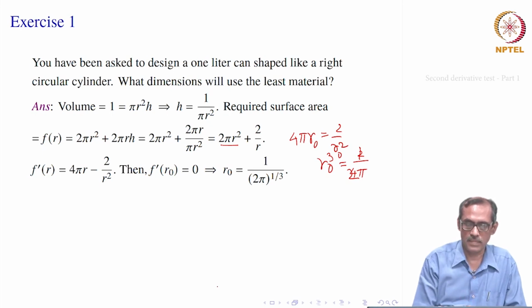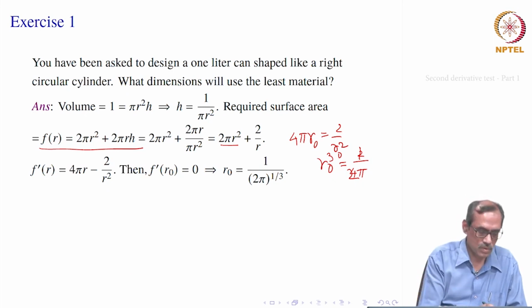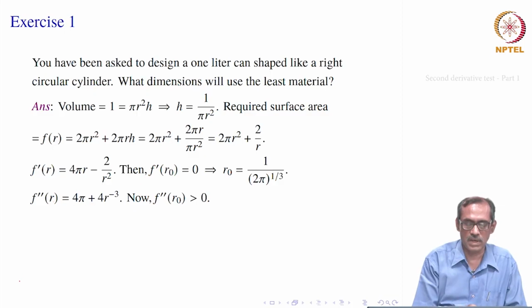Is that right? So, at this critical point we must check that, of course, geometrically nothing else would be happening, that should give the minimum, that is the answer if you want to guess, but we do not want to guess, we want to solve it. So, we would see that at this point r 0, the function f of r equal to 2 pi r square plus 2 by r is really minimized at r 0, and that should be verified.